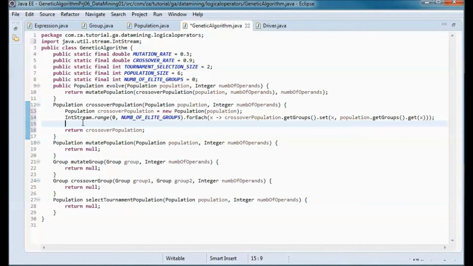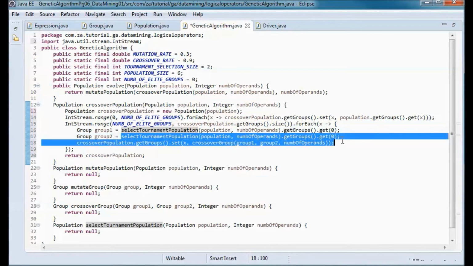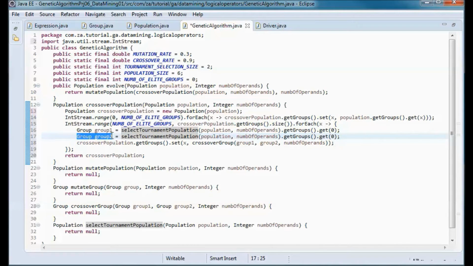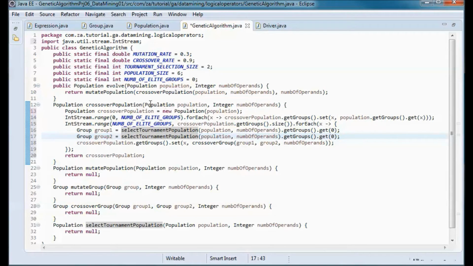As for the other groups in this passed in population, we will call select tournament population and get the fittest one from that population, and this would be group 1, and then call it again and get the fittest one, and this would be group 2, and then we would do crossover population dot get groups, and we will set the crossover of group 1 and group 2, and we will repeat for all remaining groups in this population, meaning that are not elite groups.